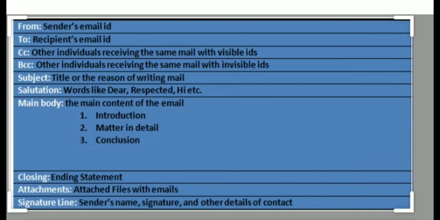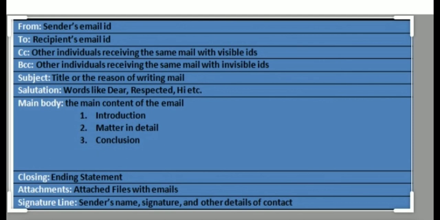At that time, what you can do is add Mr. Peter in blind carbon copy, because the speciality of blind carbon copy is that the person just receives the mail. He won't receive any of the other recipients' email addresses. So Mr. Peter won't be getting the 10 other people's email addresses, nor Mr. John's email address, and on the other side Mr. John or the other 10 people also won't be getting Mr. Peter's email address, because he is mentioned in blind carbon copy. The only thing is the email will be sent to Mr. Peter, that's it, without any other recipient's email address.